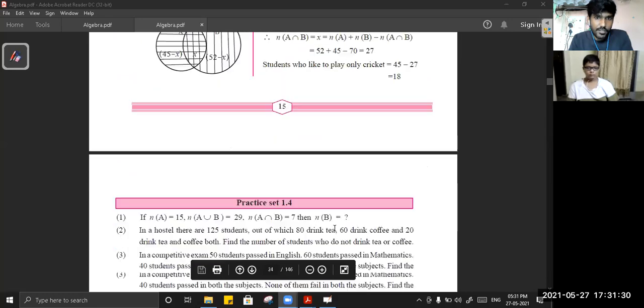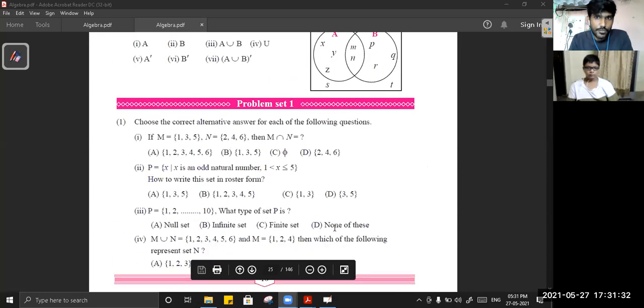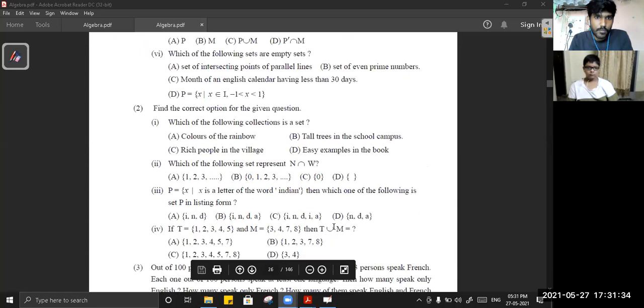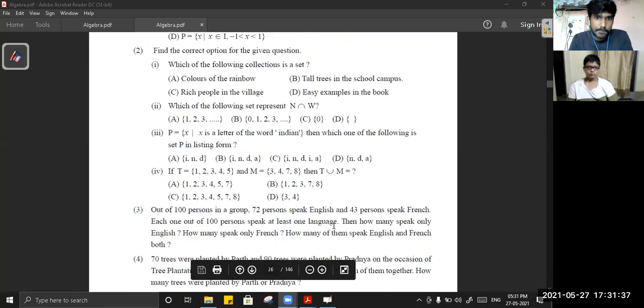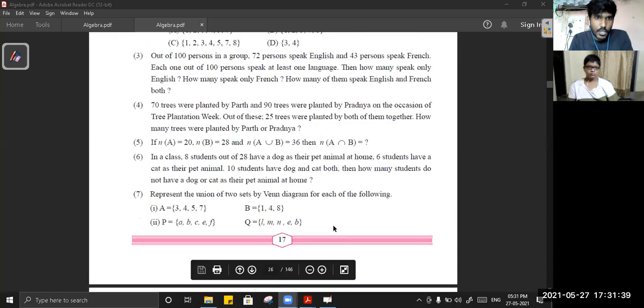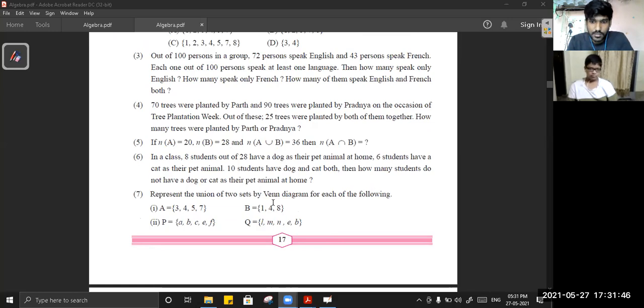So we did sums, that is at 1.4. Okay, so your homework was 3, 4, 5, 6, correct? 3, 4, 5. Yes, sir. Okay, let me open your homework. Because actually your PDF is not visible to me properly. So next time when you make a PDF, just try to keep your mobile straight and then click the pictures.